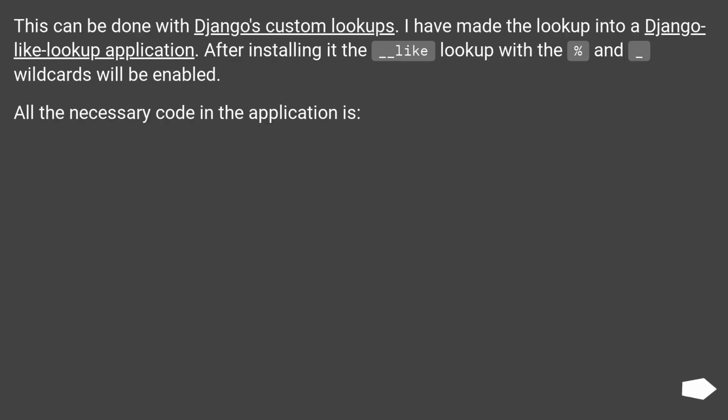This can be done with Django's custom lookups. I have made the lookup into a Django-like lookup application. After installing it, the _like lookup with the % and _ wildcards will be enabled. All the necessary code in the application is